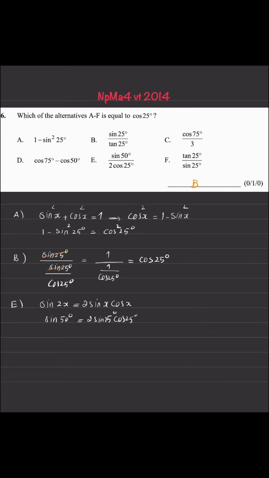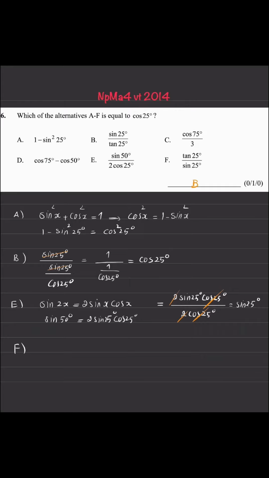And now E, this expression in E is equal to, instead of sine 50, I would write 2 sine 25 degrees cosine 25 degrees, and the denominator is 2 cosine 25 degrees. Now what happens, 2 and 2 are cancelled, cosine 25 and cosine 25 are cancelled, and then what is left is sine 25 degrees. So I cannot choose this as an option, because I want to have it equal to cosine 25 degrees, but E becomes equal to sine 25 degrees. And finally, the last one,